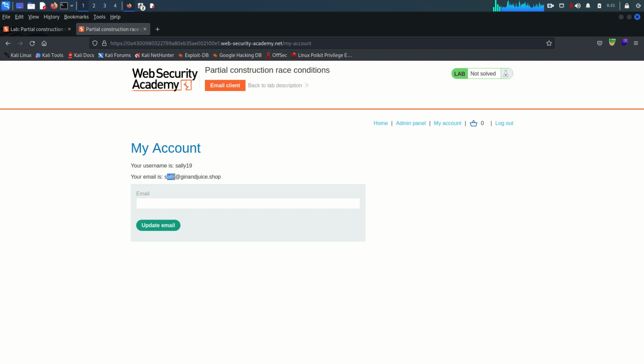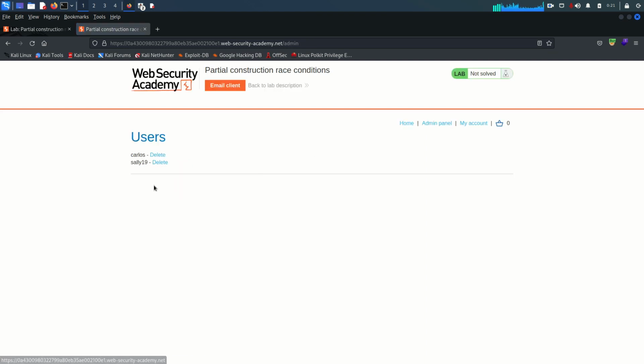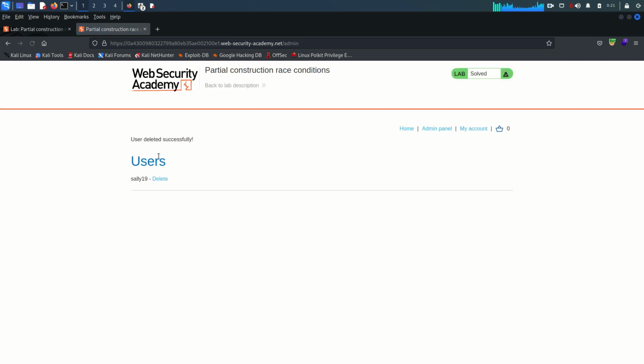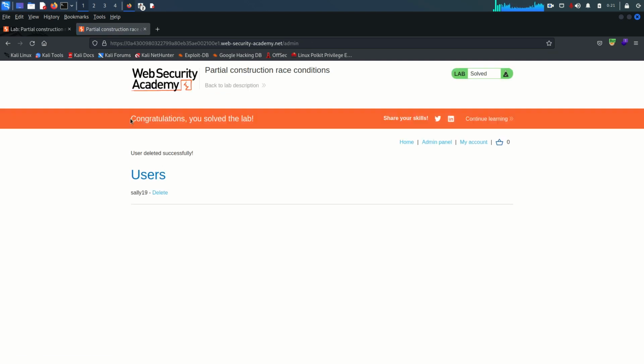So without confirming the confirmation link for the registration, we actually registered an arbitrary user within the database, and we can access it. Okay, now here we have the admin panel. We can access the admin panel, and we can delete the Carlos account to solve the lab. So this was the last lab of this race conditions vulnerability module,